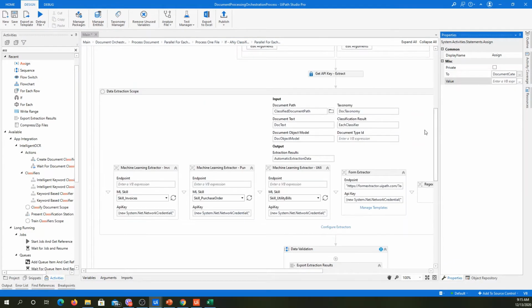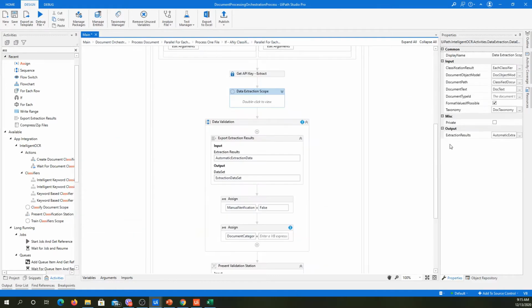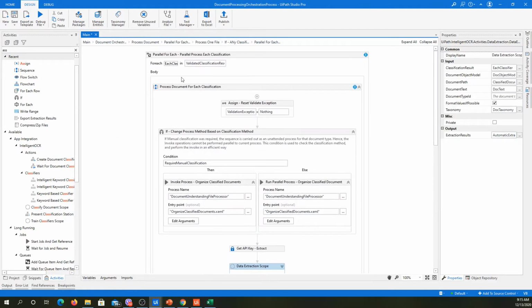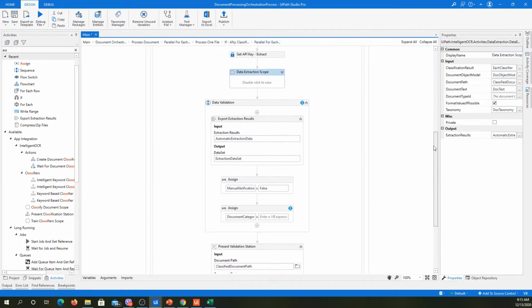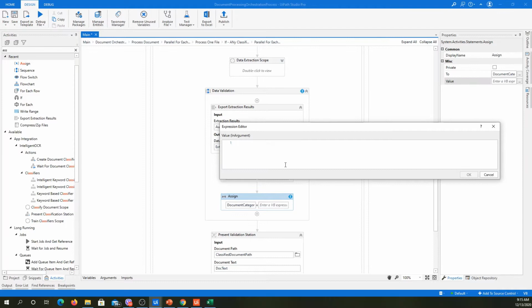If you scroll up, here you can see we are inside a loop that processes each classification that we return from the document. So we are going to use this each classification to get that. I will use each classification, and in that I'm going to use the document type ID,